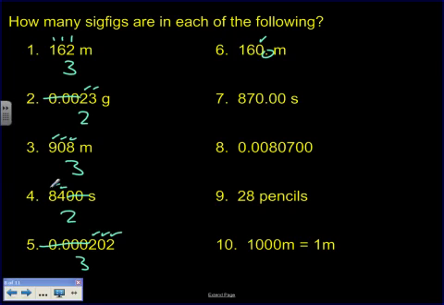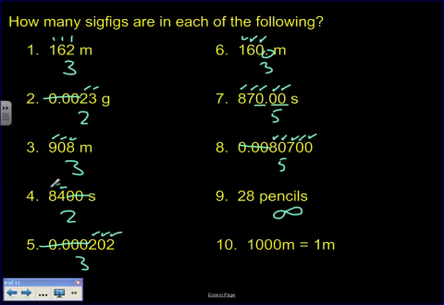Go up to number 6, there's a decimal given, explicitly stated, so that means that zero is significant. Okay, so that's 3 sig figs. Number 7, they're trailing zeros after the decimal, to the right of the decimal, they count. That makes that other zero captive, so all 5 of those are significant. Number 8, cross out the leadings, captive counts, trailing to the right of the decimal also counts, so that's